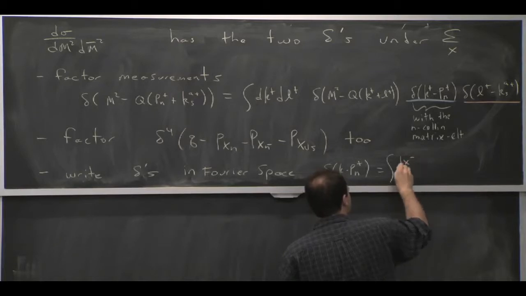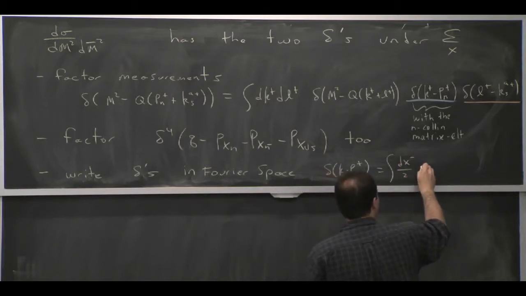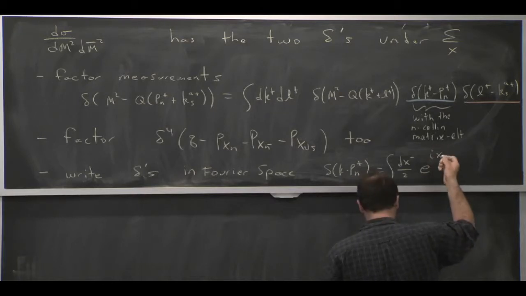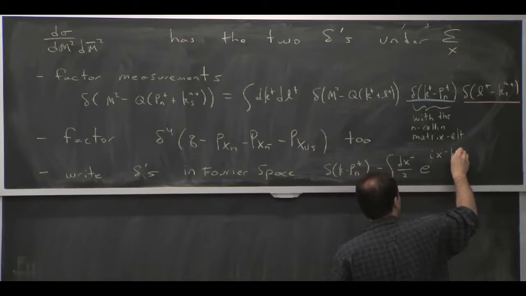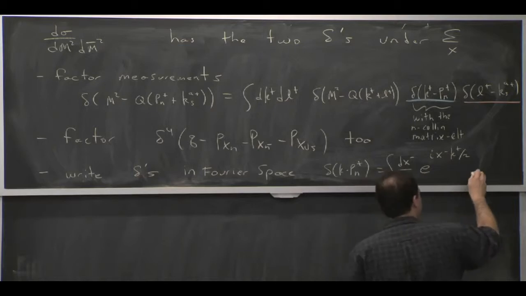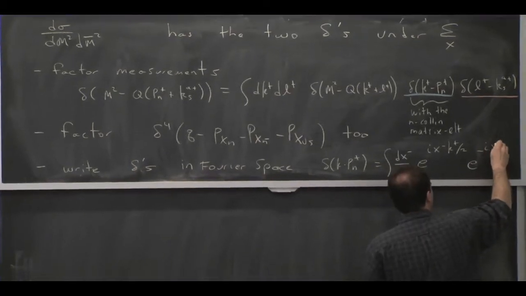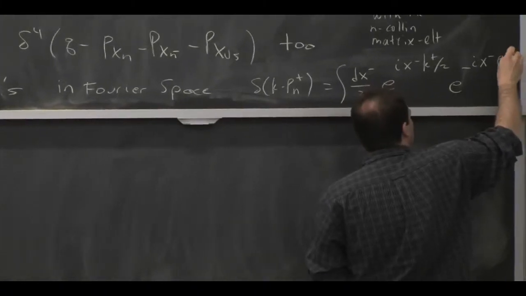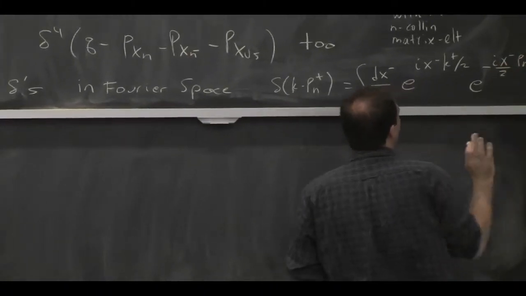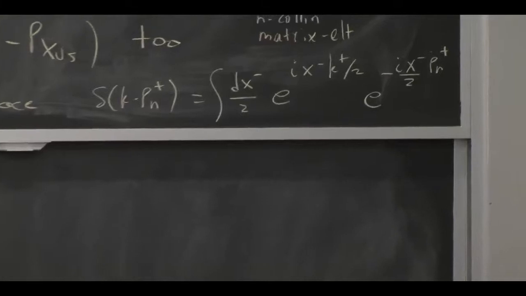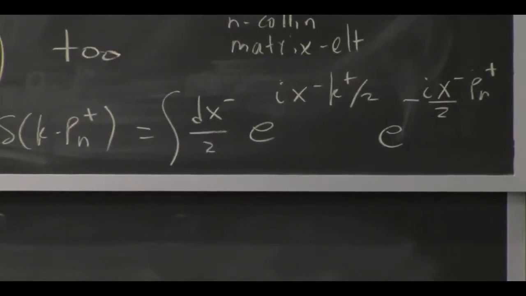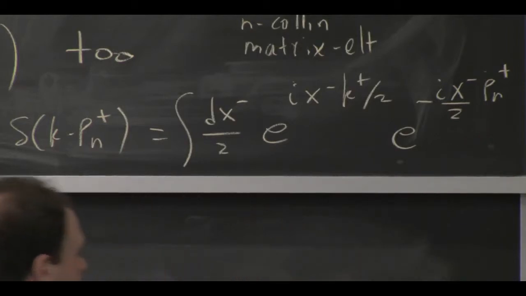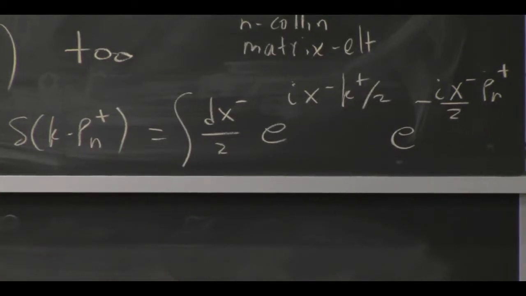So we can always write a delta function as an integral over a phase. And that's convenient because in the phase, the momenta that are in the delta function also factor. So I can write it as a product of two separate factors like this. There's some halves, but it's conventional. Okay, so this guy here, which is the guy that is associated to the state, it looks like a translation